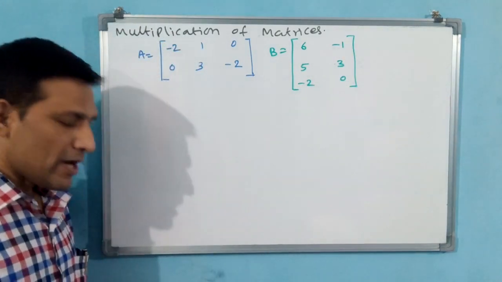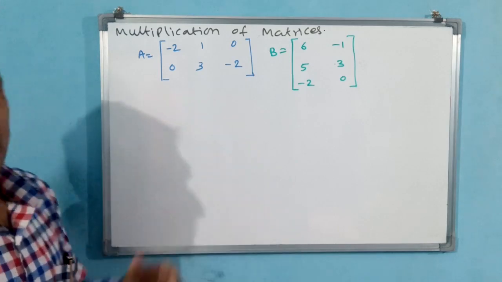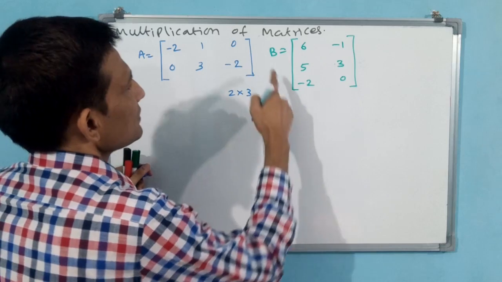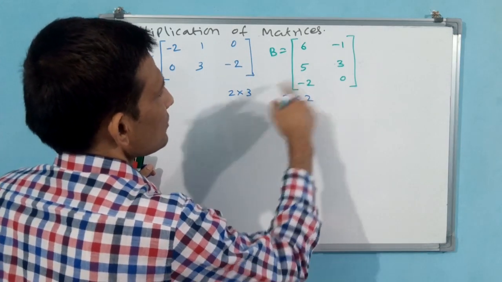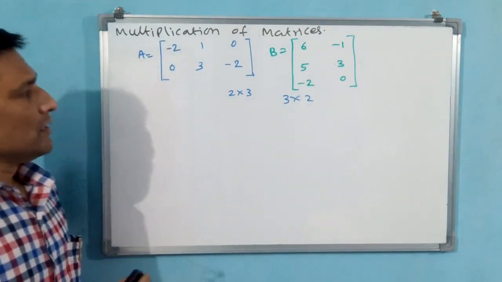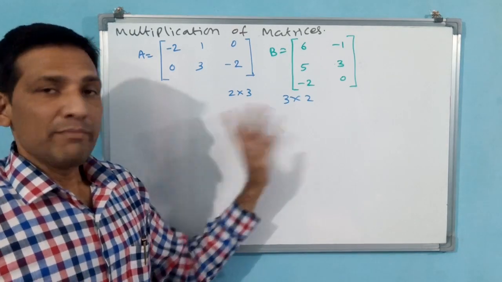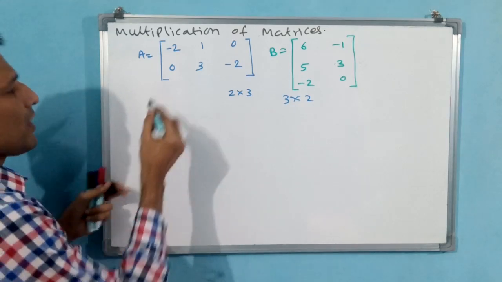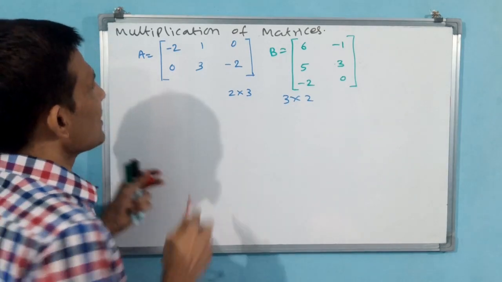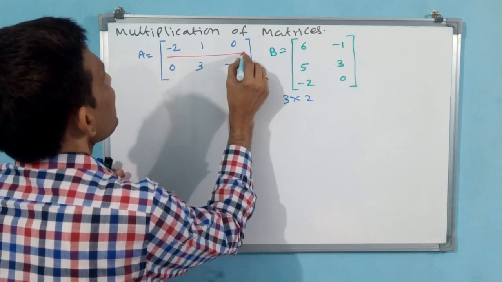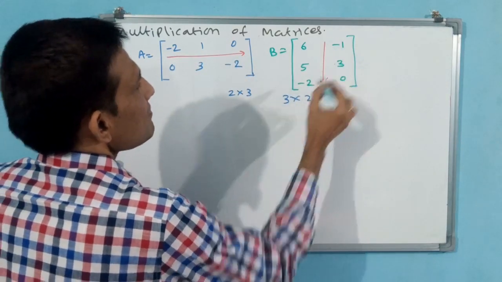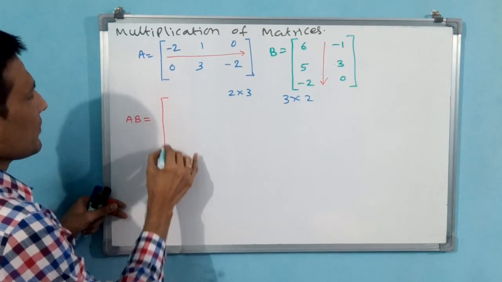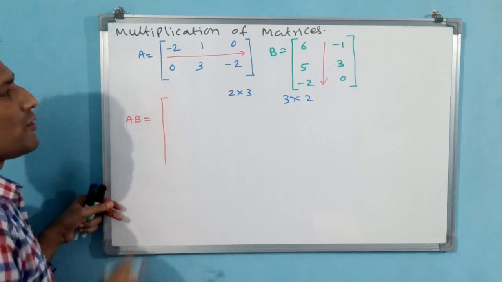Okay, now whether we are able to perform the multiplication or not, let us see. Here, this is 2 rows, 3 columns. This is 3 rows, 2 columns. Okay. Column, row matched. You see 3, 3 matched. Then we can perform multiplication. Okay. Let us do the performance. How we are going to perform this? You first draw a light line. Okay. Now you write down AB. A into B multiplication we are doing.